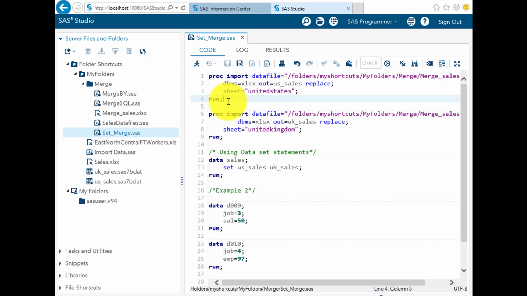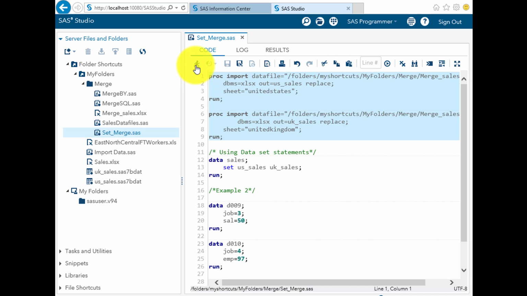If you remember, in one of my previous videos I showed you this procedure called proc import, where we import external XLS files and create a SAS dataset. It's the same file that I'm using, and I'm creating two datasets, US_sales and UK_sales. Once these datasets are created in SAS, I'll be merging the two.